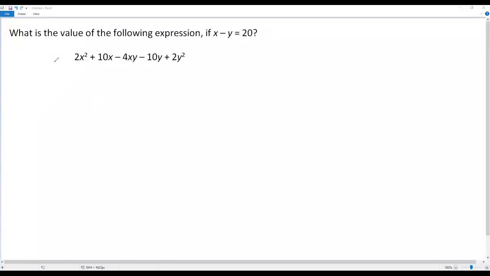Here we have a SAT math problem. Okay, let's go with the question. What is the value of the following expression if x minus y equals 20? Using this, that is the value of x minus y, which is 20, we have to evaluate the